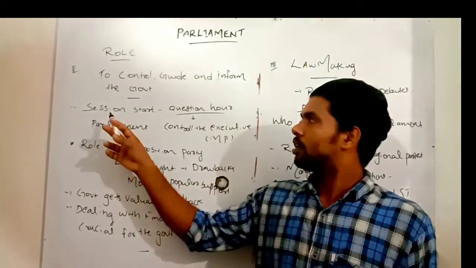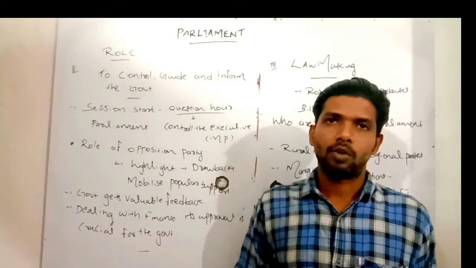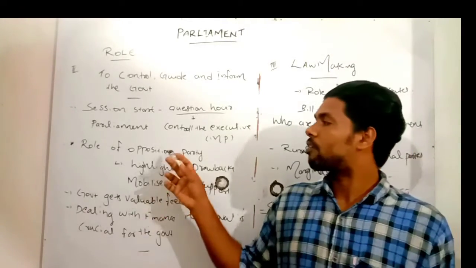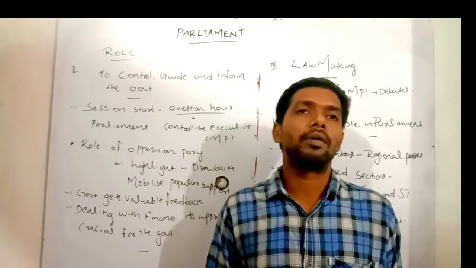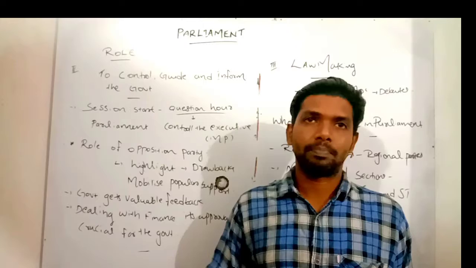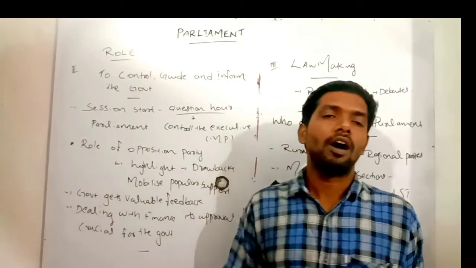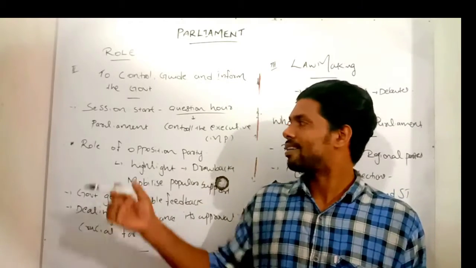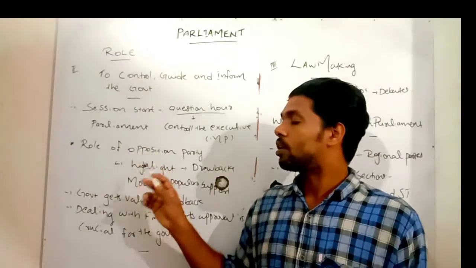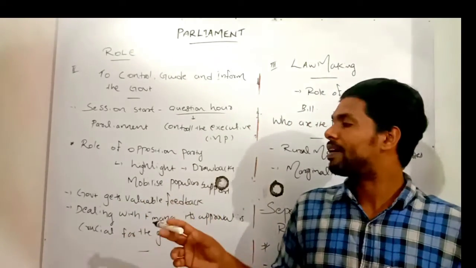So once again, in our parliament, the day starts with the activity of question hour. In question hour, parliament gives a chance to the Members of Parliament to ask questions about government activities. Each and every Member of Parliament, the people's representatives, gets a chance to criticize. They get a chance to highlight the drawbacks of our existing ruling government. And here we can see the importance of the opposition party. The opposition party highlights the drawbacks of the ruling government, mobilizing public support and public opinion.